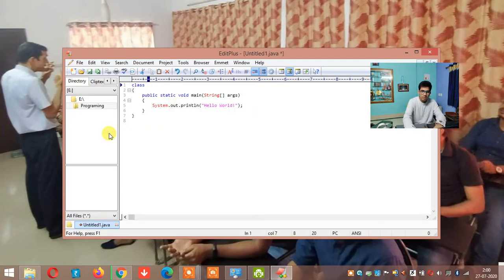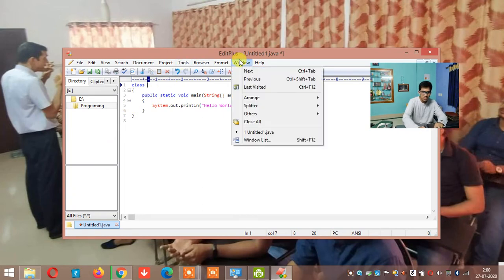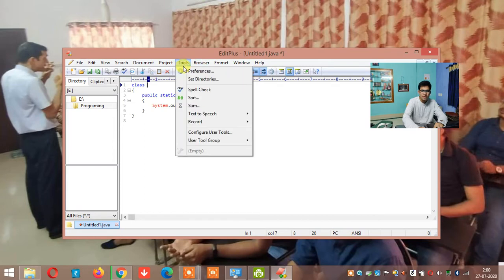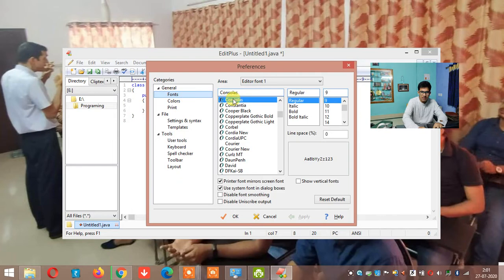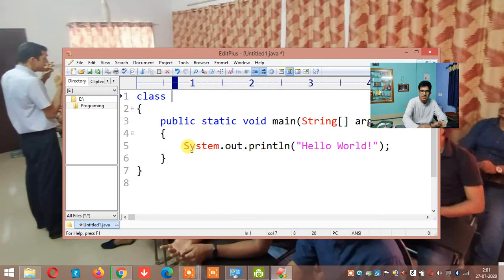So how do you increase the font of this? Maybe go to window or tools or preferences. Go to tools, preferences, and in the preferences you can select the categories. The fonts you can see, right? Click that font, and you can set your font size somewhere around 20 or 22, and you can select the font style also. Yes, that's it. I'll tell okay. Okay, so as you can see, it has increased.